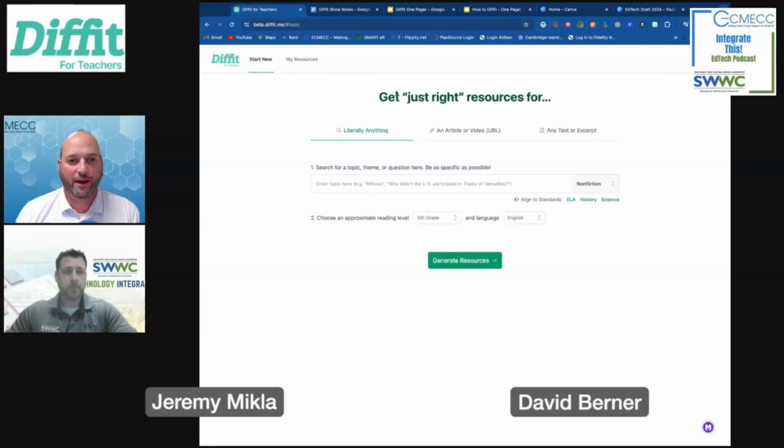I'm going to begin with this tab, Start New. I know David is going to talk about these other tabs that are on here, but I'm going to create a new search here, and I am going to ask Diffit: I want it to take Act 2, Scene 2 from Romeo and Juliet and place it into more modern day language